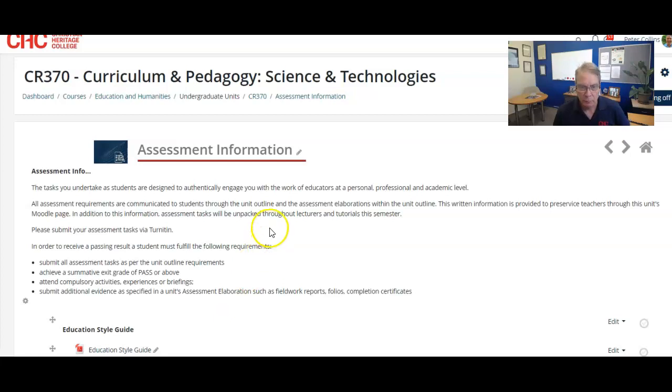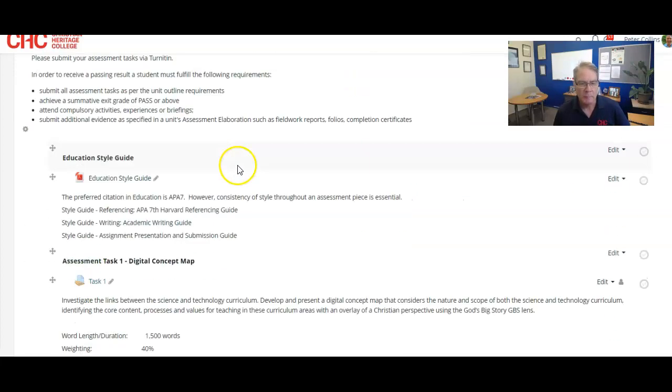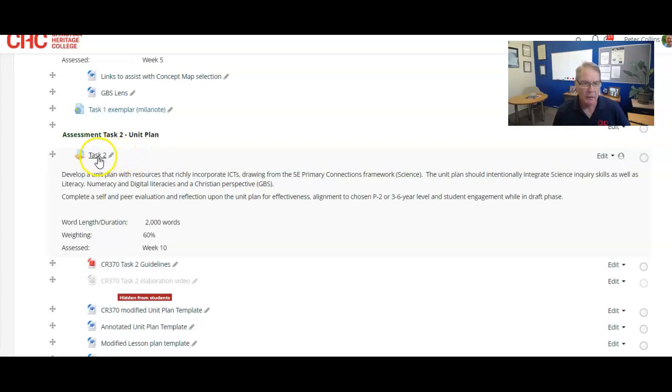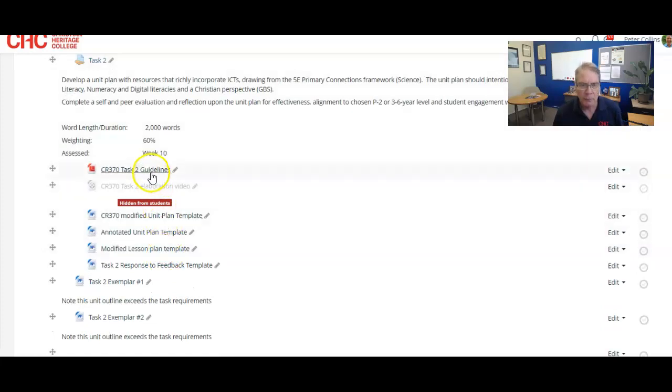So I've gone into Moodle, gone to the assessment information and scrolled down to task number 2. There's your submission portal and it's around week 10. Here's some guidelines for you there, but here's a modified unit template we're going to use and a modified lesson plan which is relevant, and then some exemplars we're going to examine today. So they're where you can gather the information for you to construct